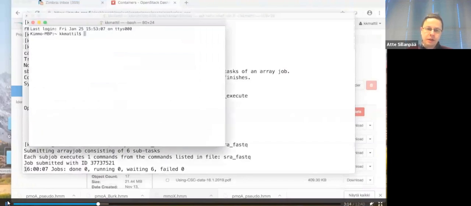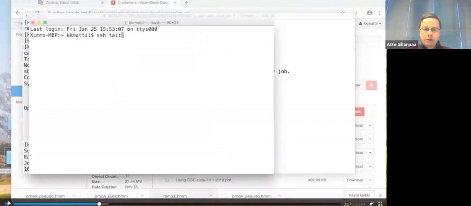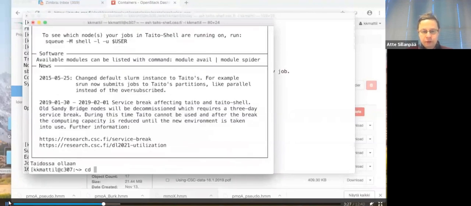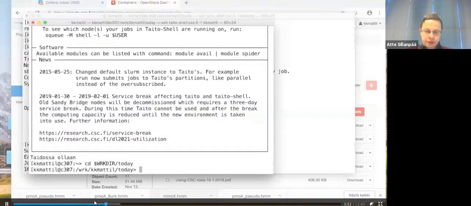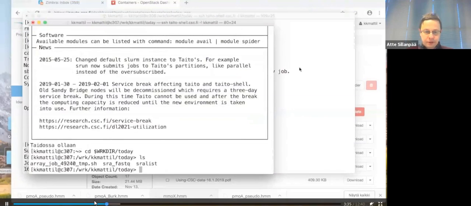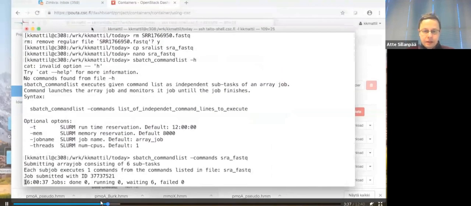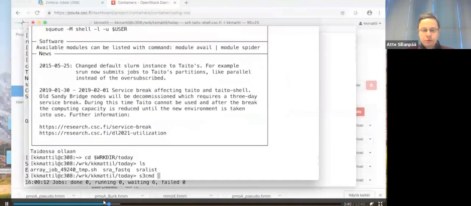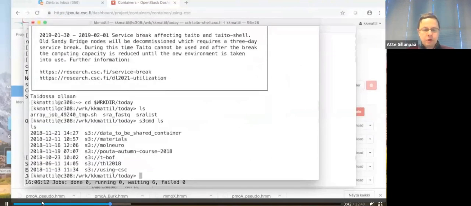So I open another session to Taito and go to the very same directory. First, go to Taito shell with my user account, go in, and then move to the work directory, and there the today directory that I just created, and now I list the same files again. So now what I could do is use the command s3cmd, which is a command line interface for this object storage service. I can see here now my using CSC folder, and if I go further,